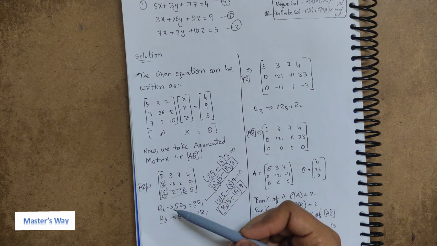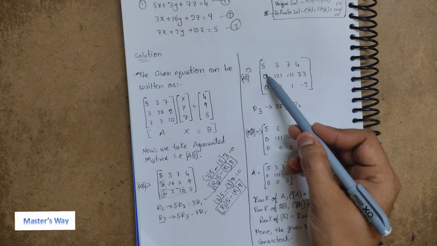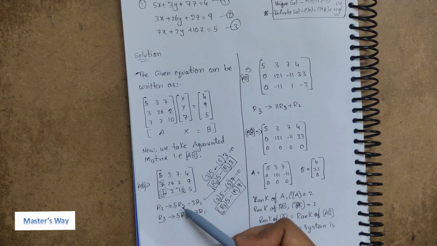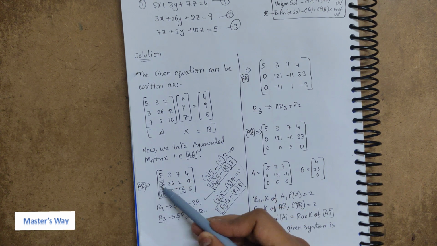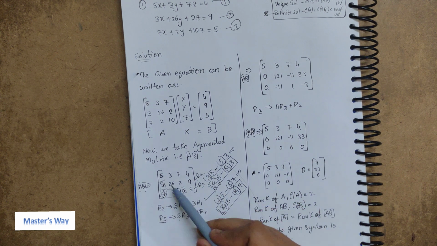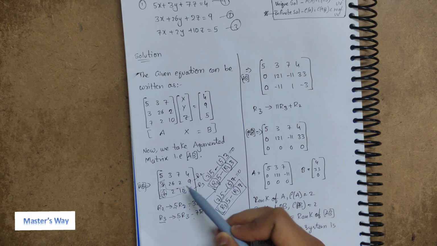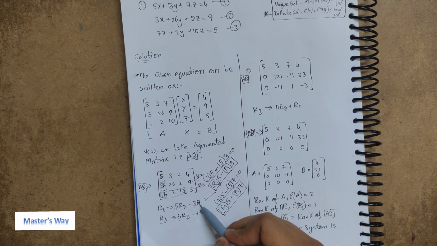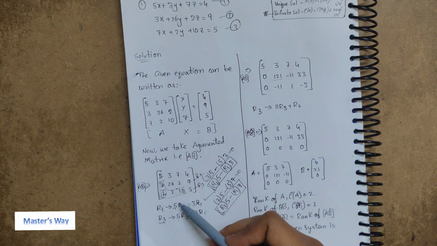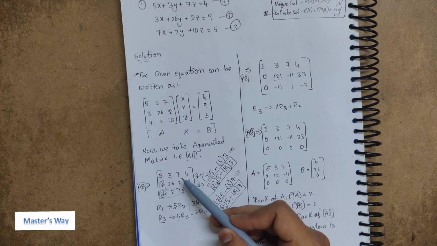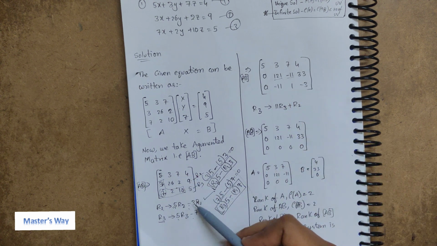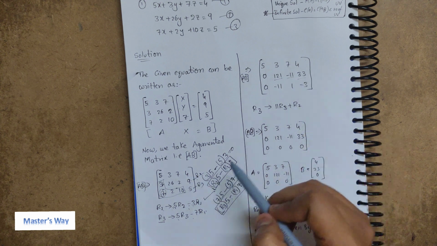Let's see what we got. So first term, this will be 0 and I have done. Next, what about 26? In the same way we need to do 5 into R2 term, this is R2, this is R3. 5 into 26 minus 3 into 3, this is R1. We got 121. Next, in the same way, 5 into 2 minus 3 into 7, minus 11. 5 into 9 minus 3 into 4, we got 33.